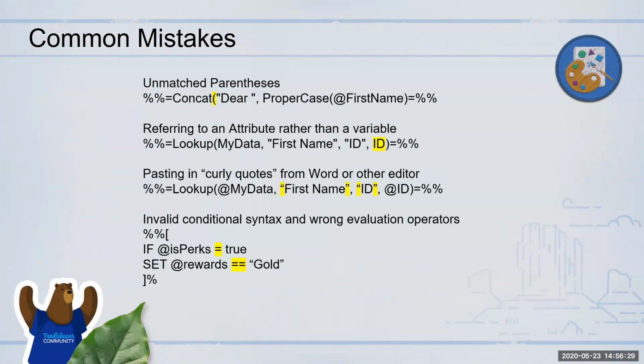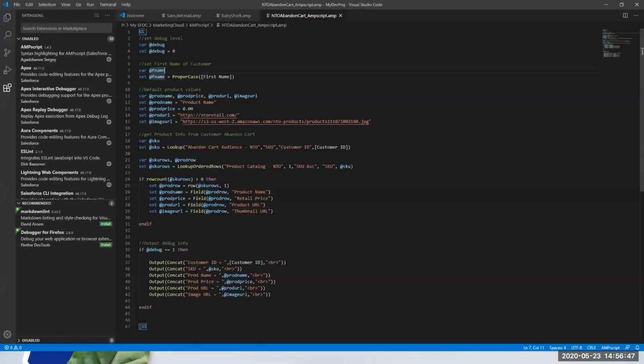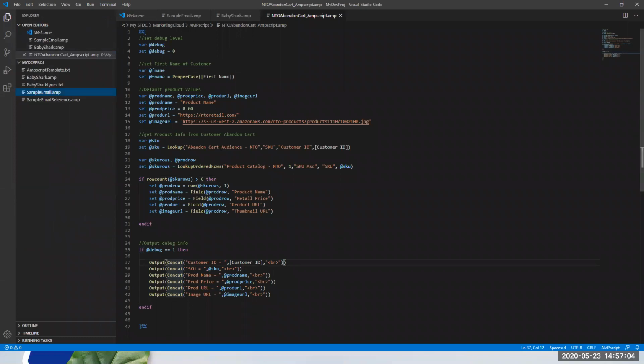Okay, a few common mistakes that we come across, especially when you start AMPscript development, and I am guilty of making a few of these when I started as well. One is definitely not having matching parentheses. For this, I would say Visual Studio is very good. It will show you each of the parentheses and loops correctly, and if I click on a particular one, it will show you the matching braces. So as far as possible, try to use this editor.